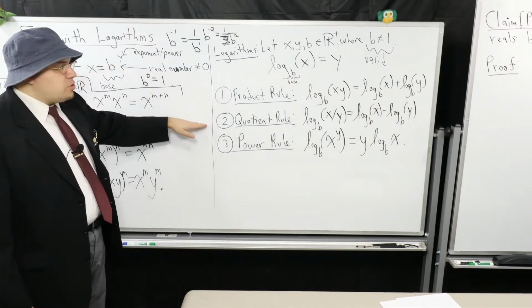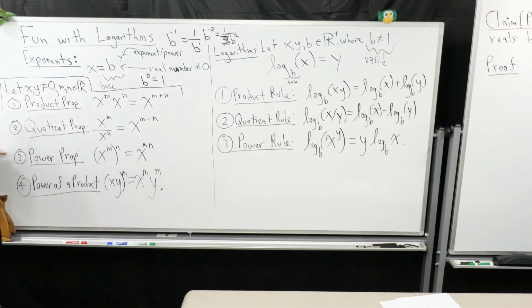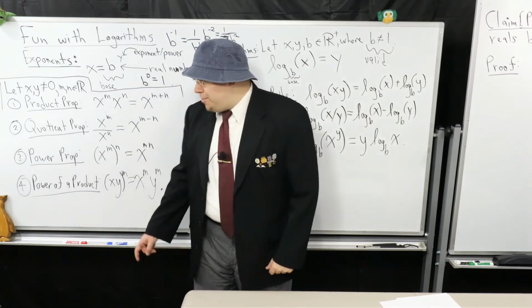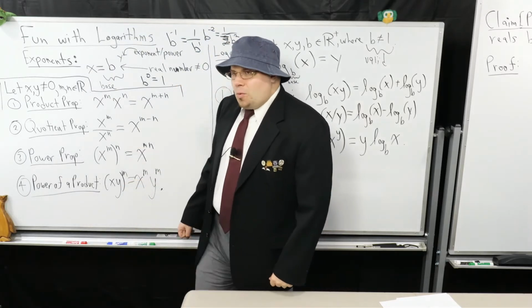Same idea with the quotient rule. So notice that 2 matches up with 2, 3 matches up with 3, but it looks a little strange at first when you see it. It's like, okay, well, that one over there had parentheses. Why would it be that